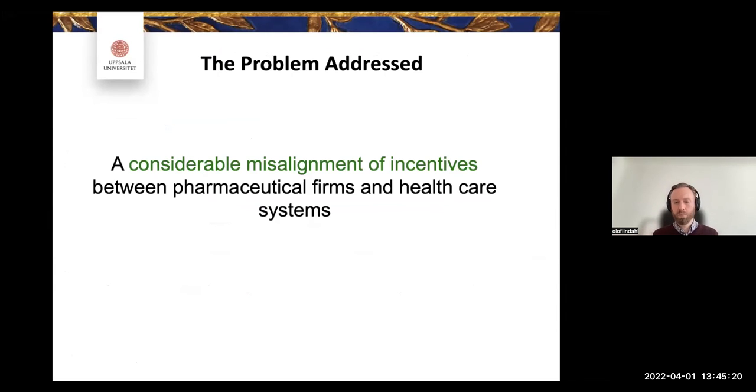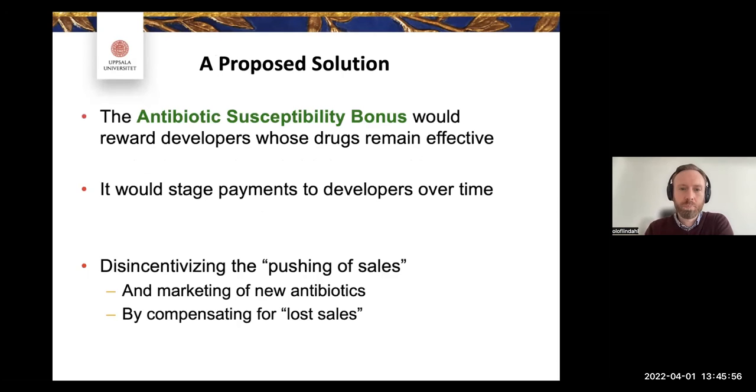The government, the healthcare system, and everyone wants us to steward new antibiotics, but the way incentives are actually structured, we're asking drowning companies to sink, or that's kind of what we expect from them, while the drowning companies are going to sell. That is what would be natural, and it's not illegal. So that's what's going to happen. So we have this misalignment between what we expect from companies and what companies do, and actually the structures we put in place that incentivize firms.